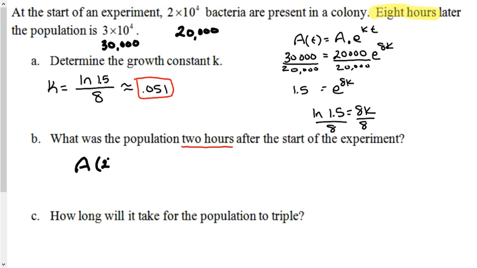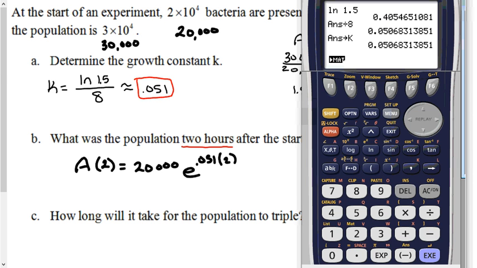So we'll put A of 2 equals our initial value, 20,000, e to the k, which is this, so approximately 0.051. And I'm going to use that long decimal that we have. We already have that stored in the calculator. 0.051, and then times 2. Okay, so back in the calculator, I'm going to take 20,000, and then we'll do, I usually like to do times. You don't have to. You can just put the e right in there. We'll do e to the alpha k